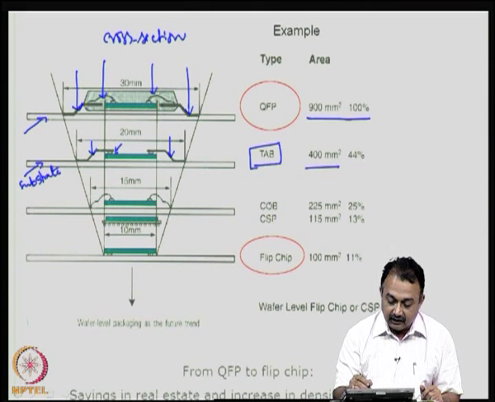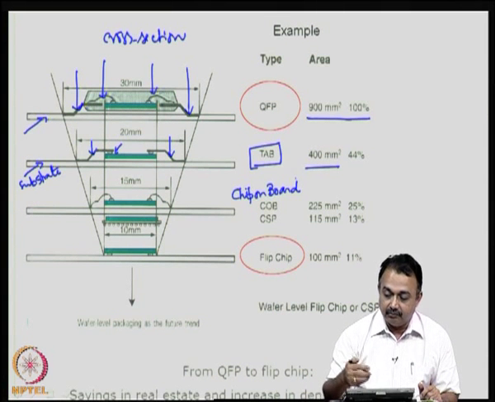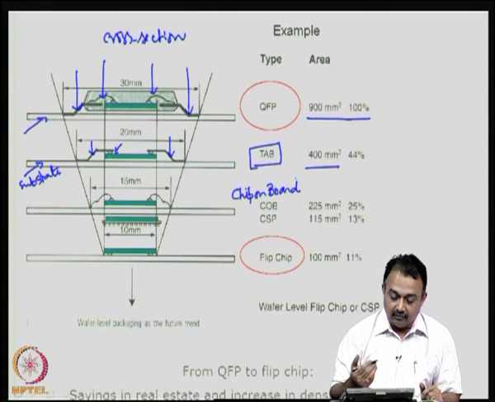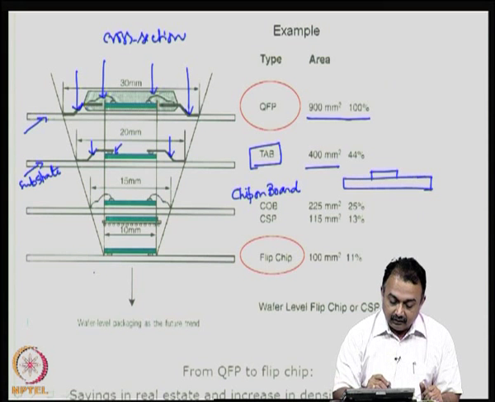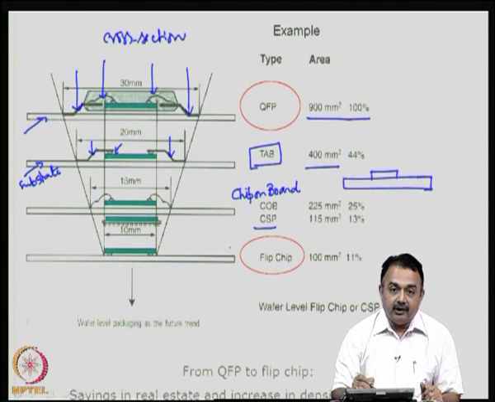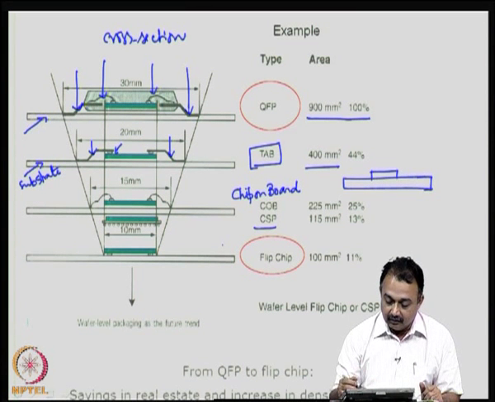Then other techniques like chip on board, COB stands for chip on board. We are going to see what is a chip on board. Basically what I try to say is a bare chip mounted on a printed wiring board is chip on board. So, if you take a substrate, organic substrate like this, you try to assemble a bare die without packaging, okay, or a CSP which is close to being called a bare die, but it has got some amount of package material. So, we move down to 115 mm squared. So, it is now 13%.